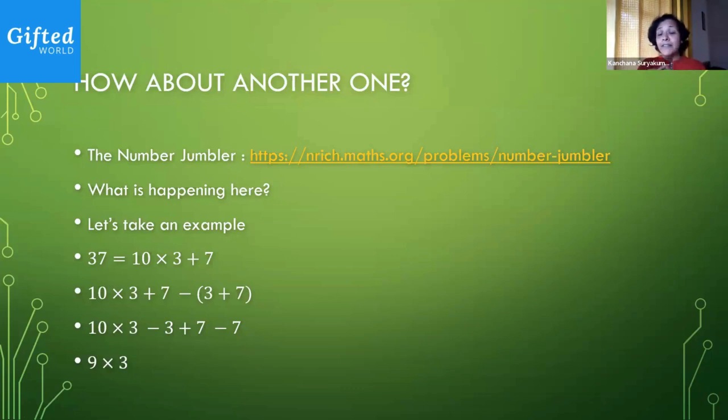So I say 10 times, I'm left with 10 times 3 minus 3, which is nothing but 9 times 3. Why did I do this, right? Let's try to see what happens if I assume I don't know the number. It could be any number, which is where I'm going to start using the language of algebra again.